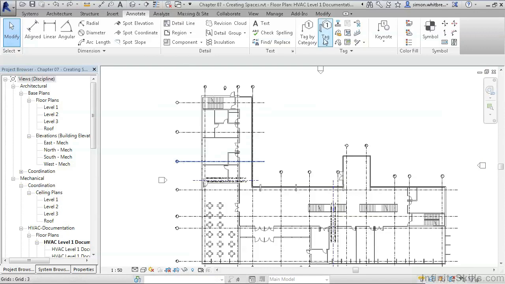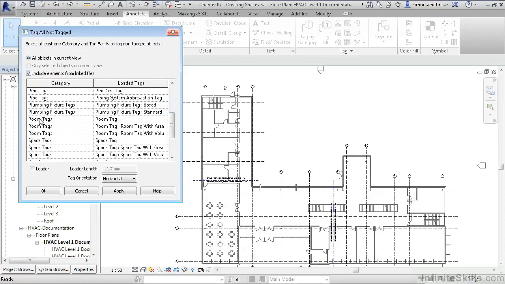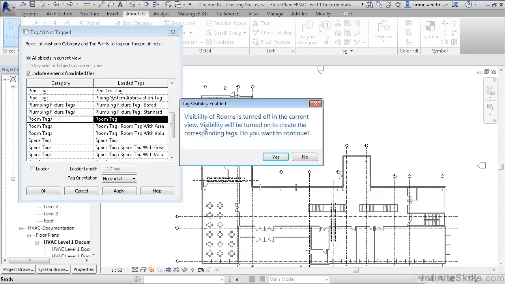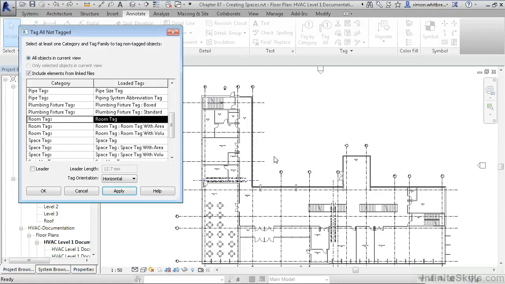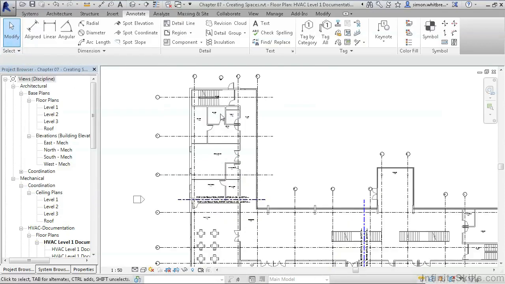At this point, I'm going to click on Tag All. Make sure that I include elements from linked files. Scroll down to Room Tags and click on Apply. Revit then gives me the warning that the visibility of rooms is turned off in the current view. Visibility will be turned on to create the corresponding tags. Do I want to continue? Yes, please. Once this is complete, I can click on Cancel, and if I scroll into the drawing, I can